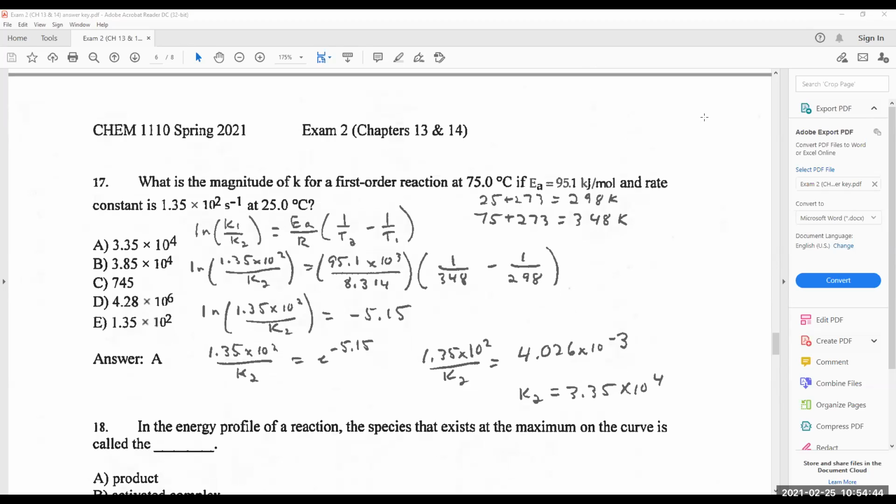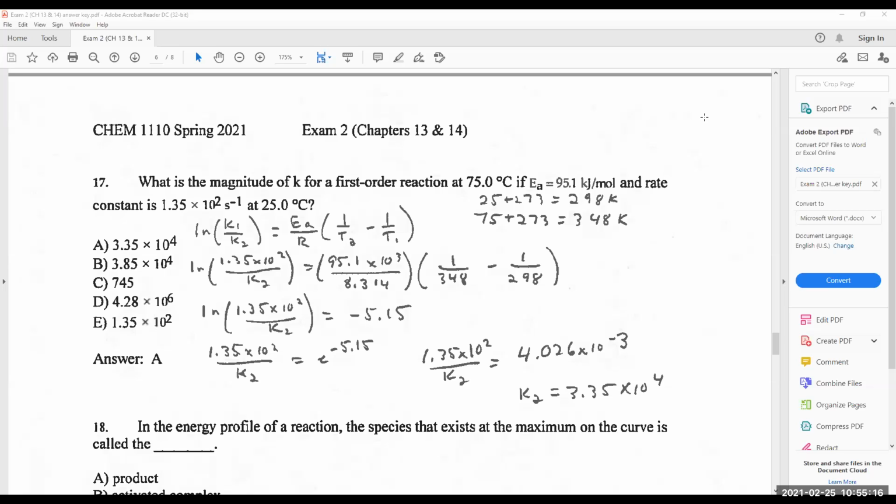What's the magnitude of K for a first order reaction at 75 degrees C if the activation energy is 95.1 kilojoules per mole and the rate constant is 1.35 times 10 to the second seconds to the minus 1 at 25 degrees C? One of the key things here is knowing that it's a first order reaction. Then we can set up our equation,